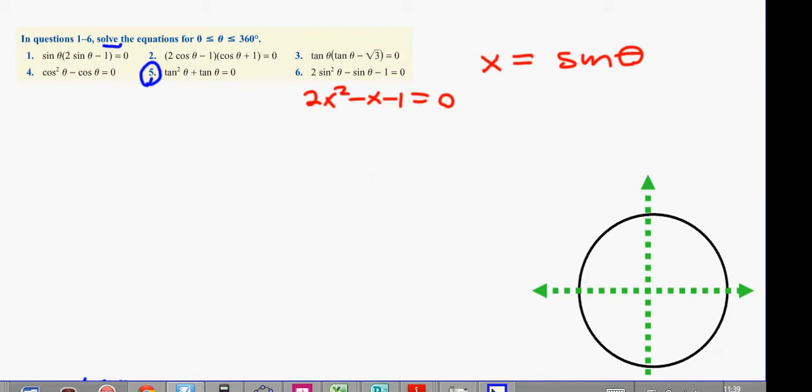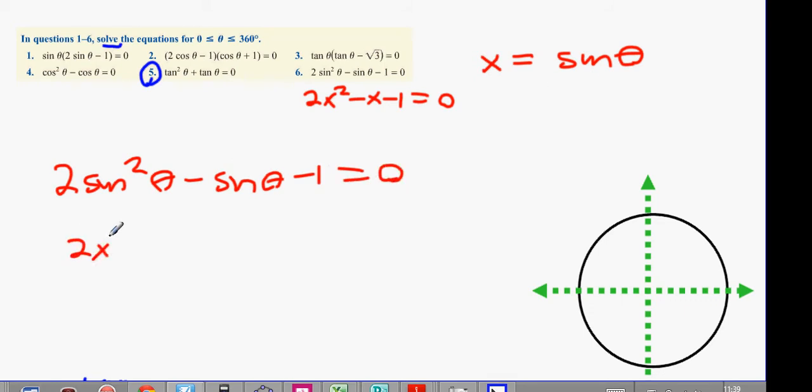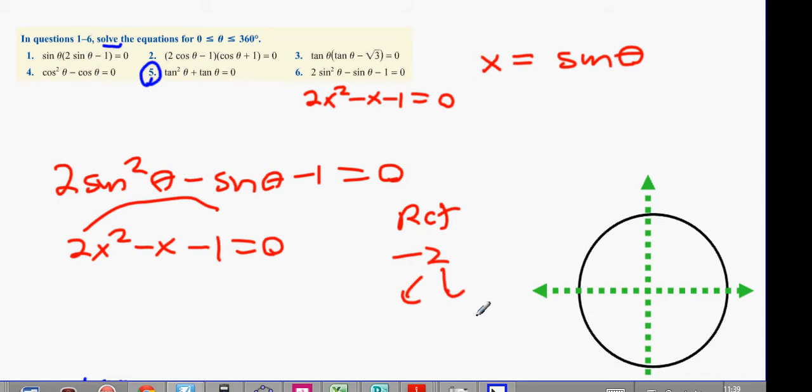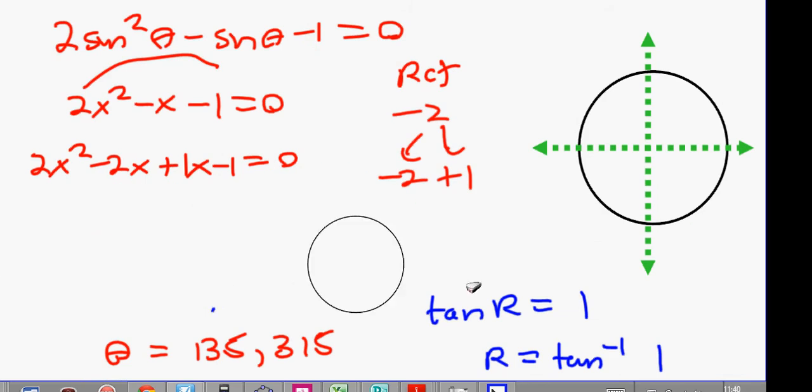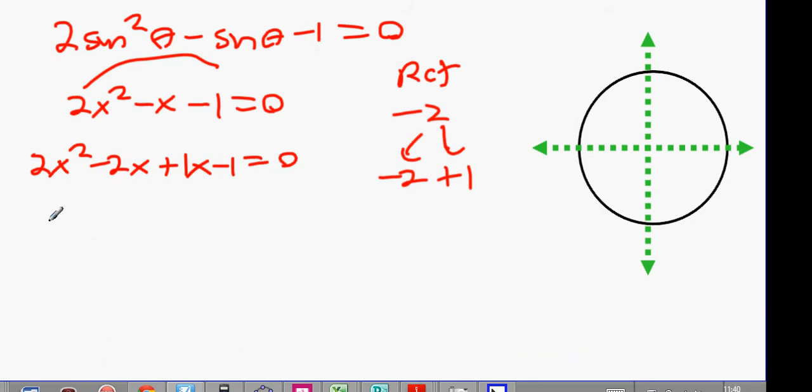Okay? So look at this. 2 sine squared theta minus sine theta minus 1. I said let x be equal to sine theta. You have 2x squared minus x minus 1 equals 0. Do your reference number. What's the reference number? Anybody? Minus 2. Minus 2 breaks up into minus 2 and plus 1. 2x squared minus 2x plus 1x minus 1 equals 0. Take out 2. What happens when you take out 2? What do you get? 2 bracket x